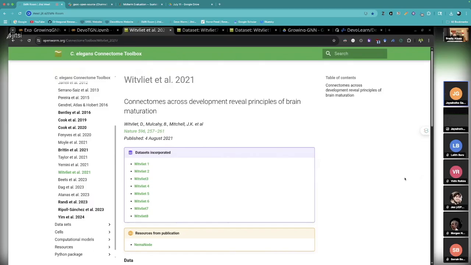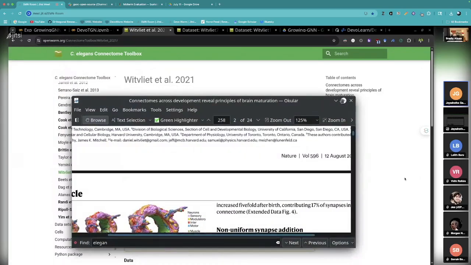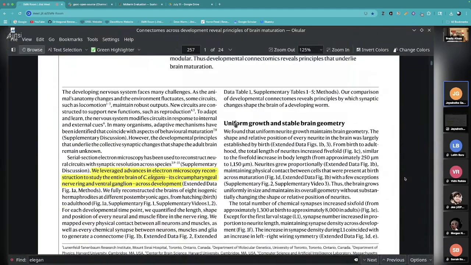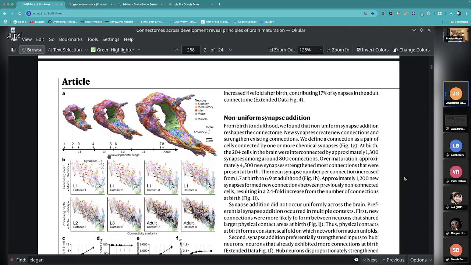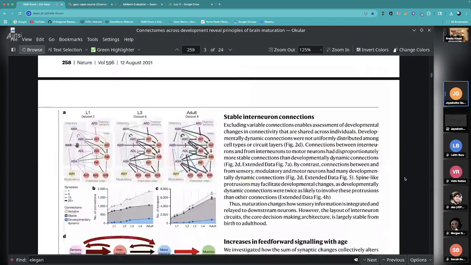What I understood from this Nature paper is that there are eight different snapshots of the connectome data: the L1 dataset, L2, L3, and the adult dataset.